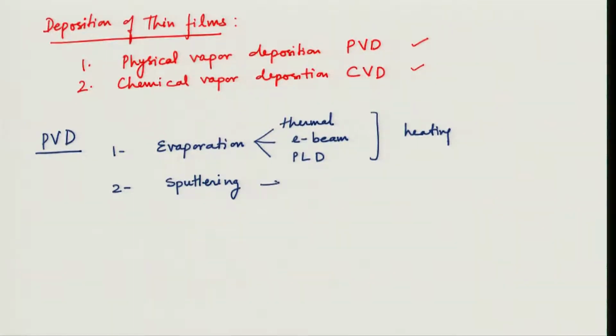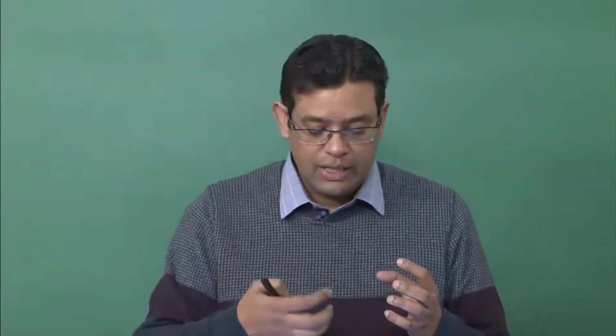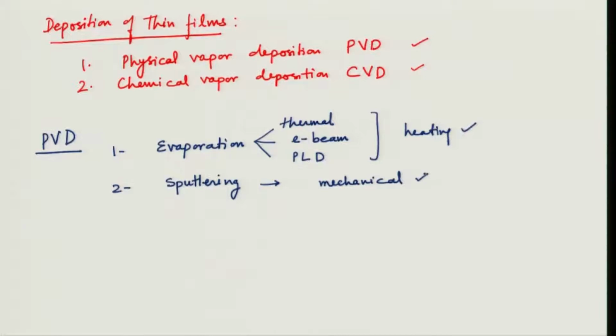In sputtering, you remove the material from your source by mechanical energy. You bombard your material with some high energy particles such that it removes the material from the source. So, this is heating and this is mechanical. This is the broad classification, and we will start with the thermal evaporation